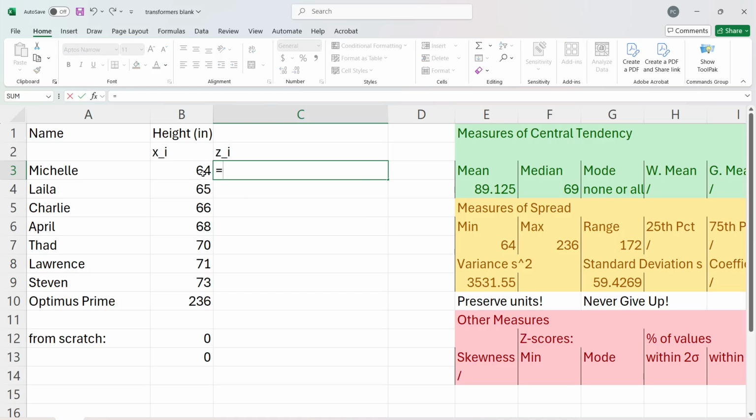So I need some parentheses. I'll say xi minus x bar, and again, this x bar is going to be something that I don't want to change when I change what row or what column I'm looking at. So I'll throw in the dollar signs, and if you're saying, hey, you could do that with just one dollar sign, you don't have to do it with two. Okay, well, old habits. So I'll throw that in there, and then I'll say divide that by